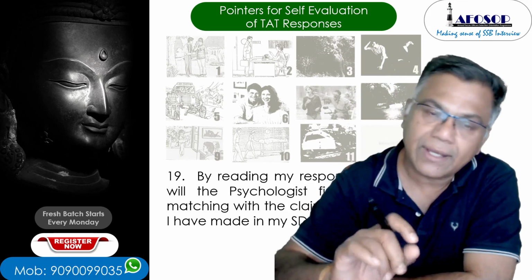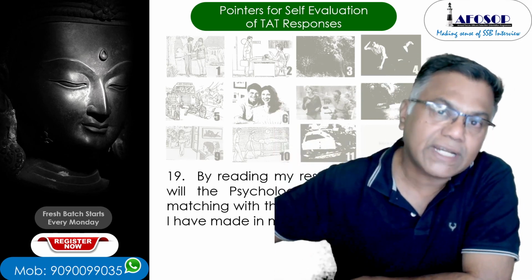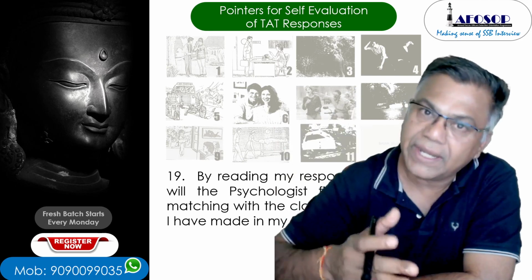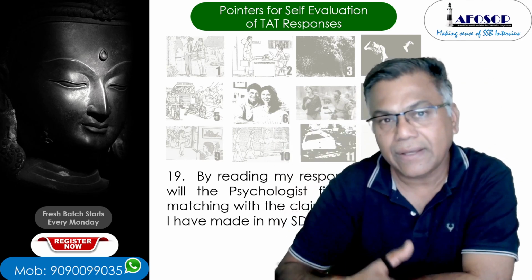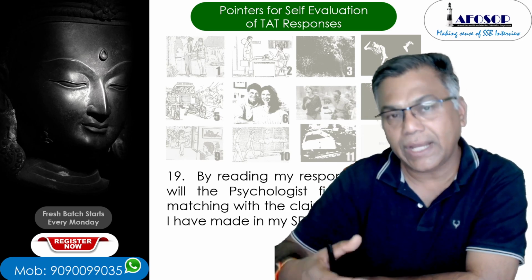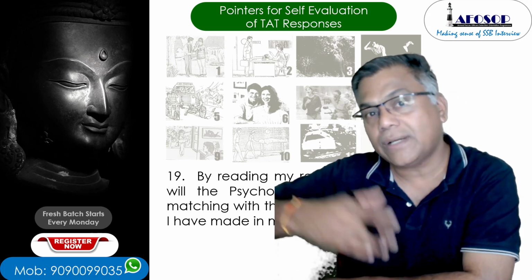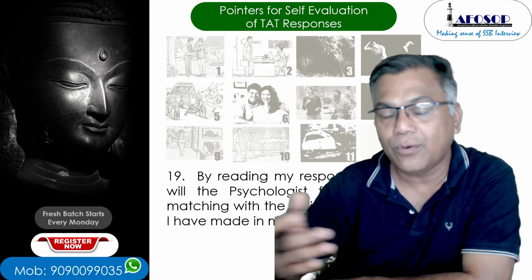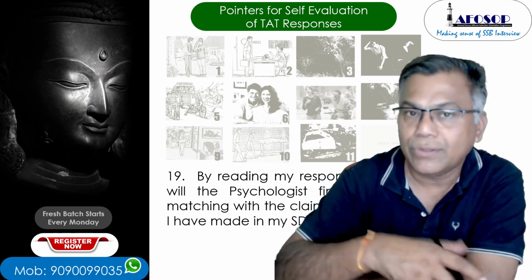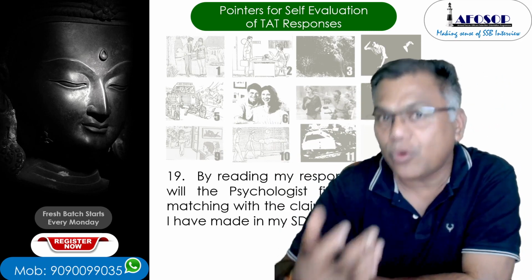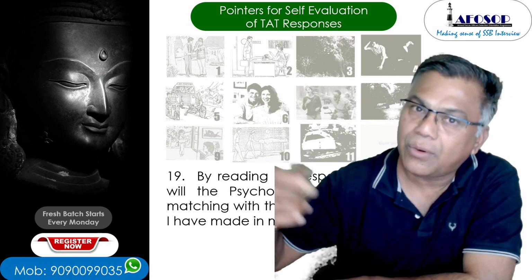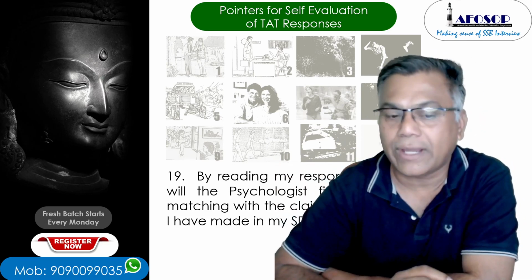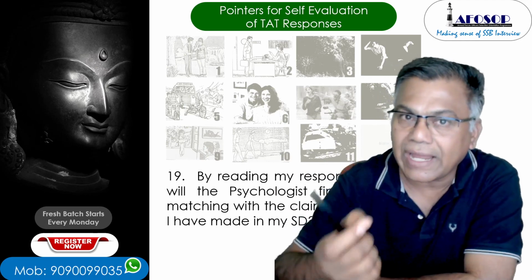अगर वो नहीं आ रहा तो आपने SD में बहुत अच्छा क्लेम किया है, लेकिन TAT में वो क्लेम्स एक्शन में नहीं दिख रहा. It is like आपने TAT SD में तो बहुत अच्छा बोला कि मैं गन्ने की तरह मीठा हूँ, लेकिन यहाँ पे आप बम्बू हो जो शुगर कोटेड हो जाएगा, कौवा मोर बनने की कोशिश हो जाएगा। सो ऐसा ना हो कि SD मोर का हो और यहाँ पे कौवा बनो तो गड़बड़ हो जाएगा। So please make sure there is an alignment between your